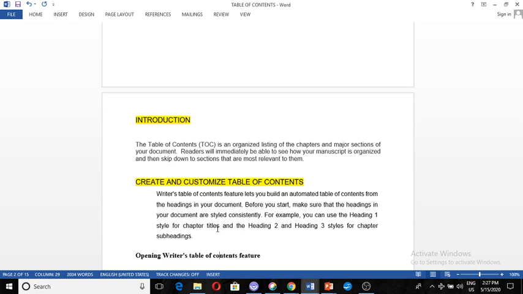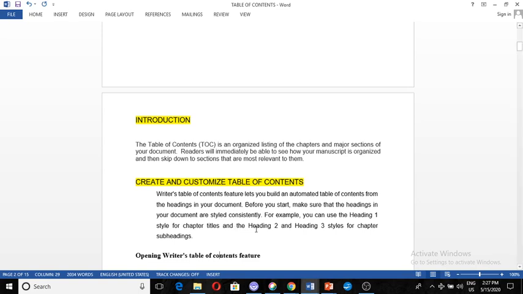What does index contain? Index contains the name of the chapter and the page number where it is situated. So with this index, we are able to go to a particular page very easily. But in computers, the writer helps us to create this table of contents automatically. Before creating this table of contents, we should know what are the various heading styles available, which you have already learnt in your previous class.